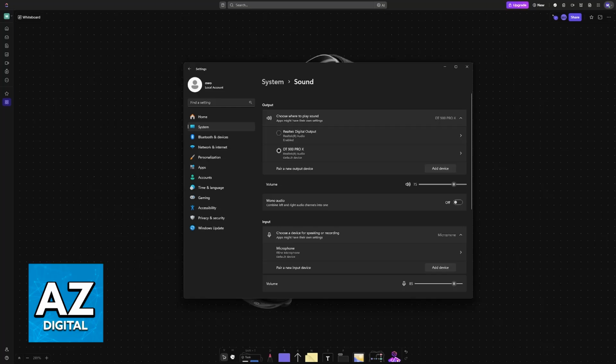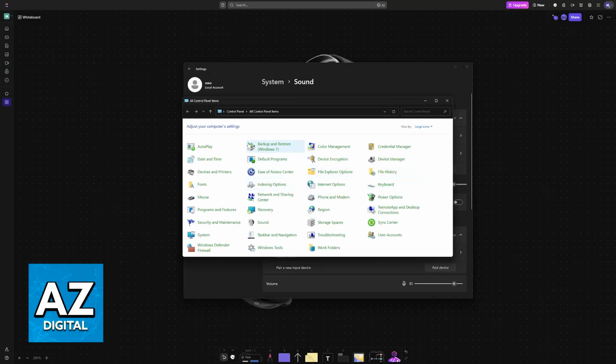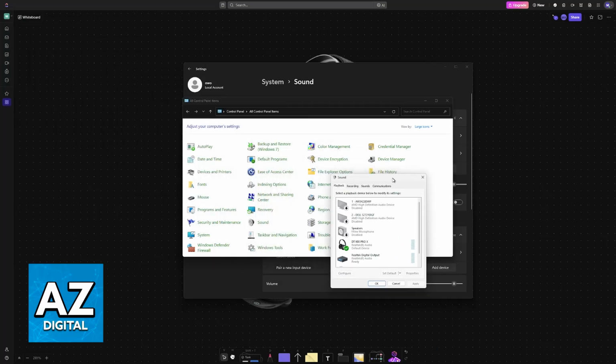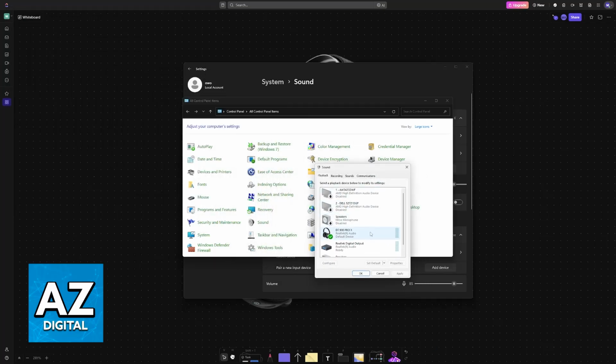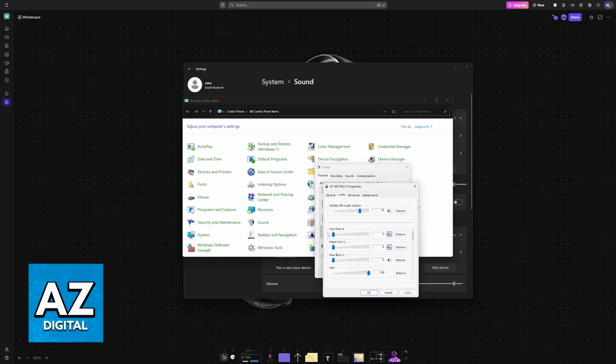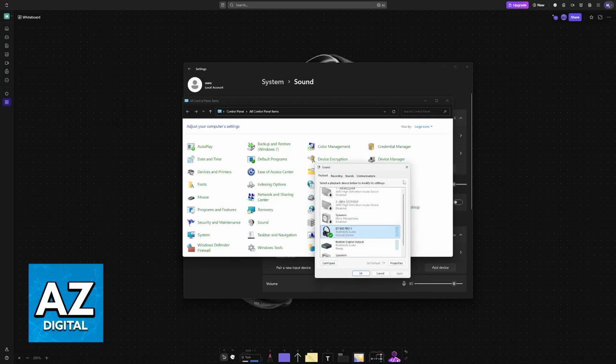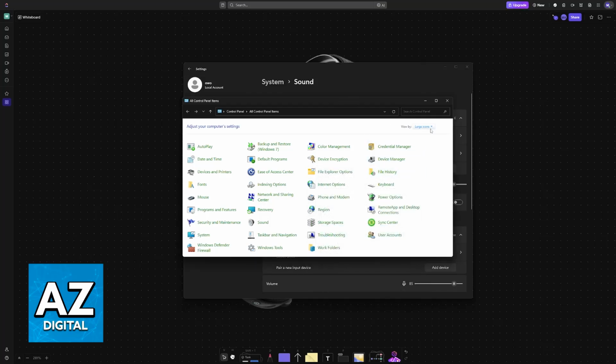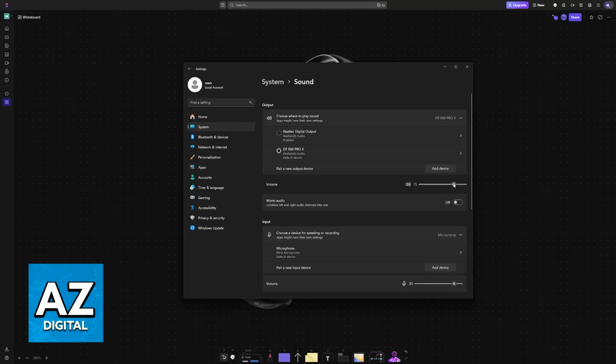Alternatively, if you want to do this through the control panel, you open it up, you go to the sound options, and you will see a menu similar to the one on Windows. In here, you have the playback devices. You can right-click the one that you want to use, go to the properties, and double-check the level. So you will be able to control everything, but to keep it simple, all that you have to do is increase the volume through the volume slider. There is no secret to this.